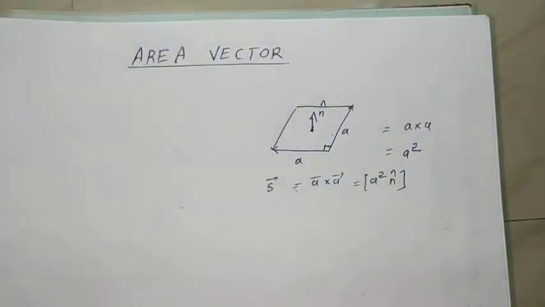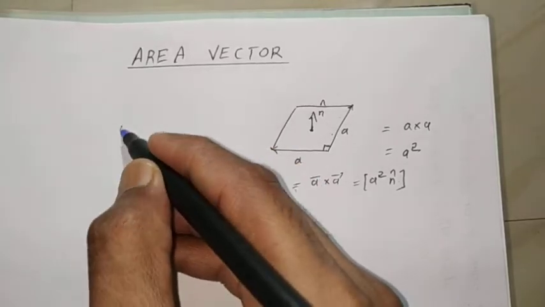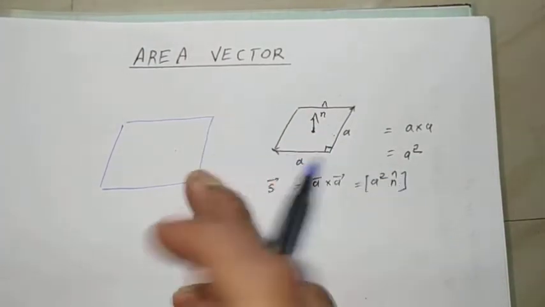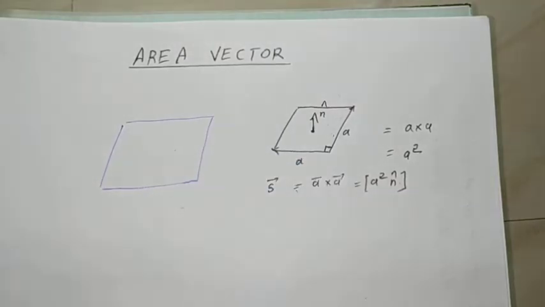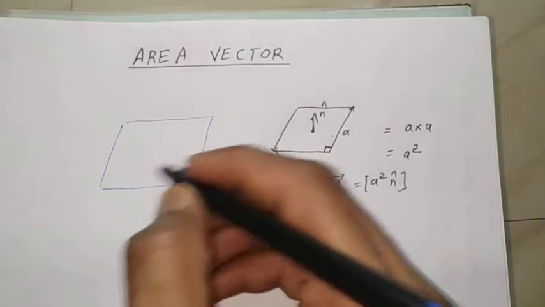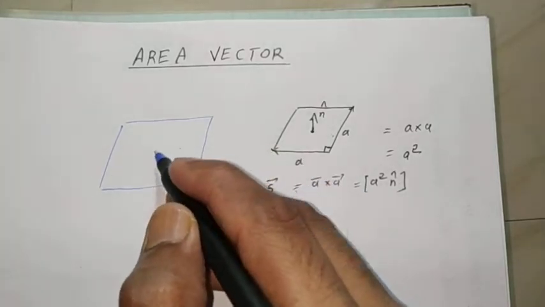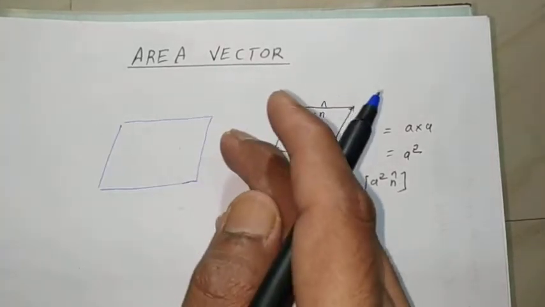And how do we show it? In mathematical form, if I consider this whole area, whether it is rectangular or any other shape, I have to calculate the area vector for it. But we cannot do it for the complete area if it is not planar, because the area vector changes its direction with the shape.